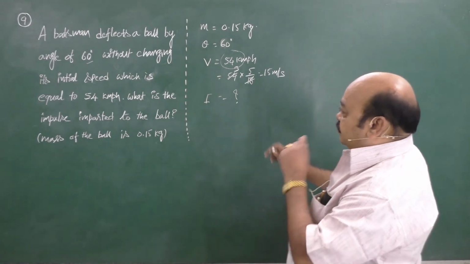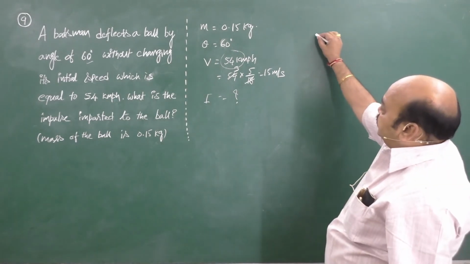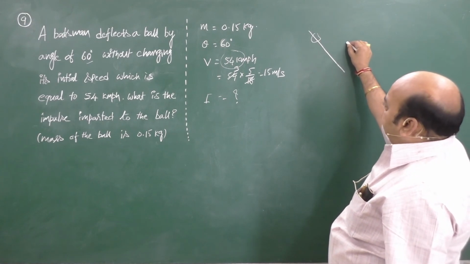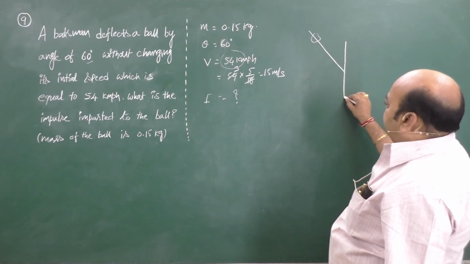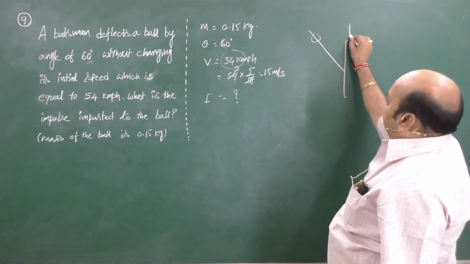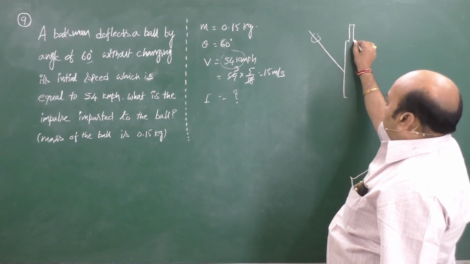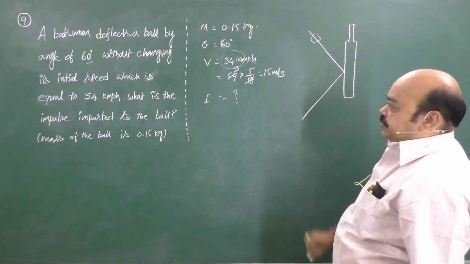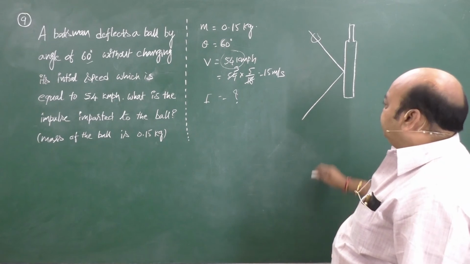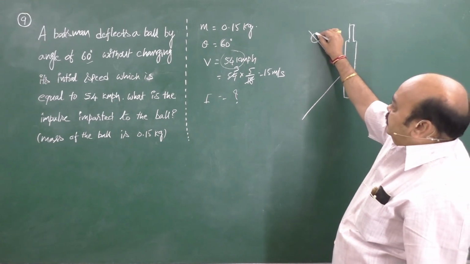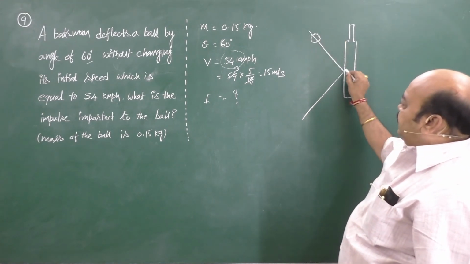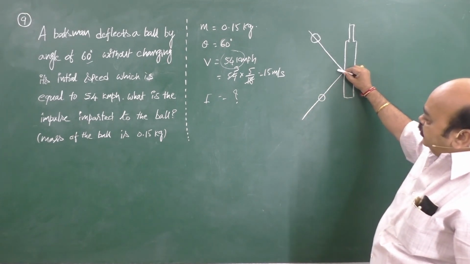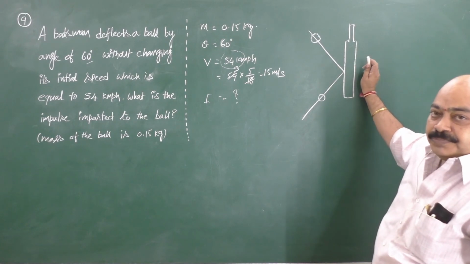Let us consider the case once. See, this is the direction of the ball. In this direction the ball comes and it was deflected by the bat. See, this is the position of the bat, and it deflects by 60 degrees. Good concept and interesting also. This is the ball. When it arrives, the batsman deflects it through 60. So be careful here, this total angle is given as 60.